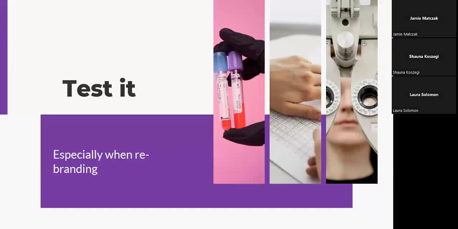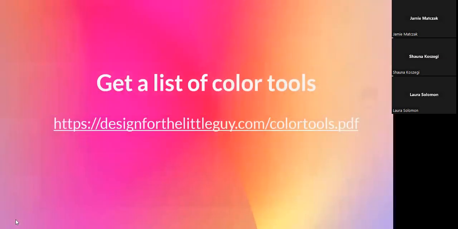And it doesn't take much to have a focus group. You can get 5 different people together and, ta-da, focus group. That's literally all you need. That number is the minimum. So test this stuff before you start using it. And that's not to say test everything you're going to use, like, for example, on Instagram, but especially when you're thinking about rebranding your libraries, colors, as we saw, are so critical.